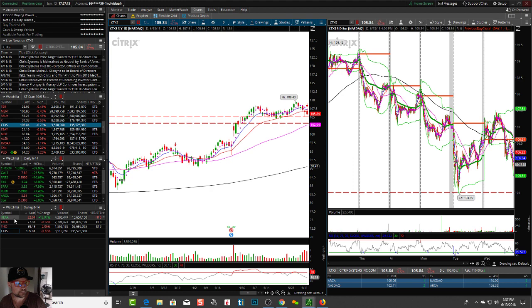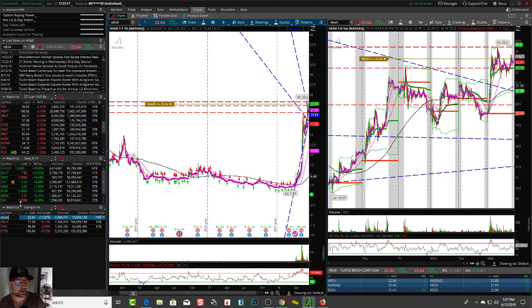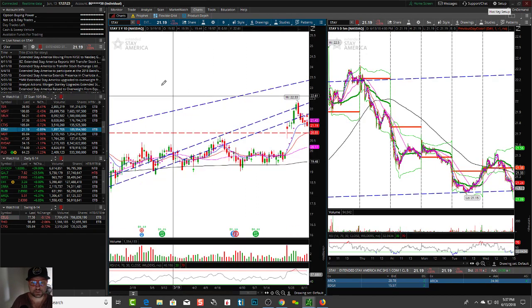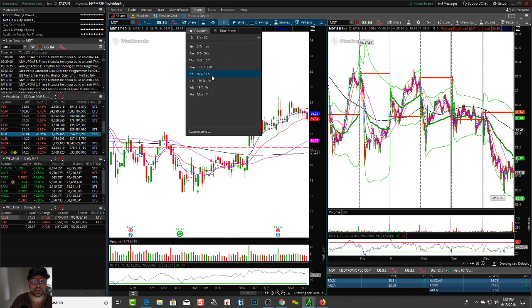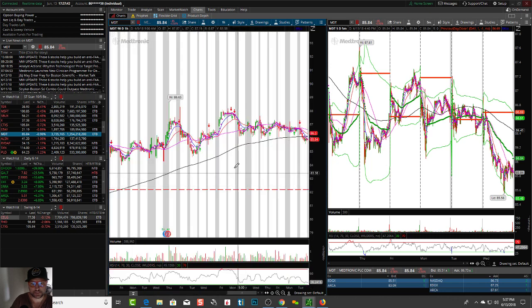I'm going to take that one off there for right now. I just don't want to have that. It's a little bit overextended for me right now. Not saying you can't trade it. I just, again, want to give you guys the best kind of options. Like right here, you can see it's starting to fail. It's got room to fall, right? So I like to see something where it's got room. I want to see room to fall. Let's take a look at the hourly. It's got room.